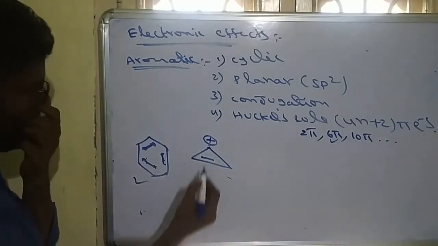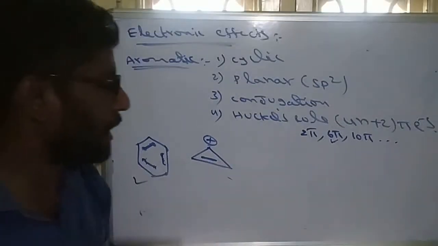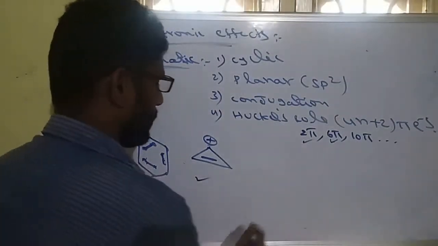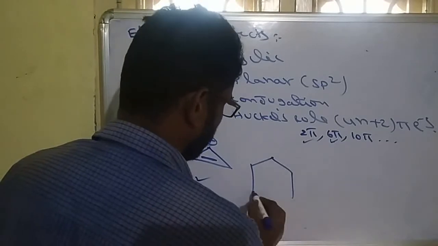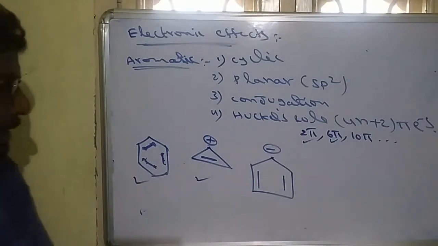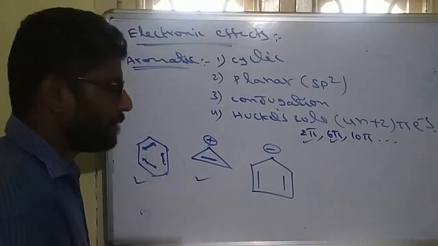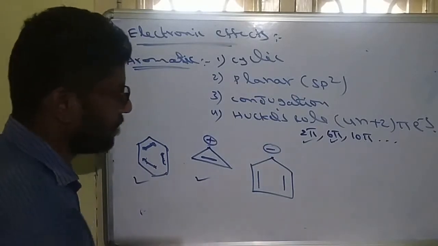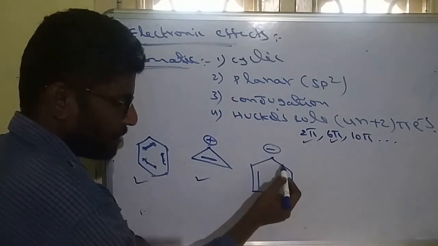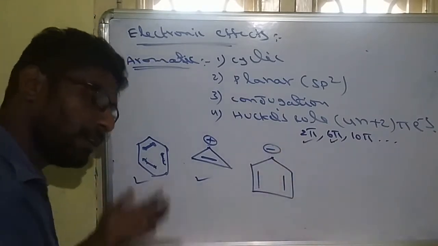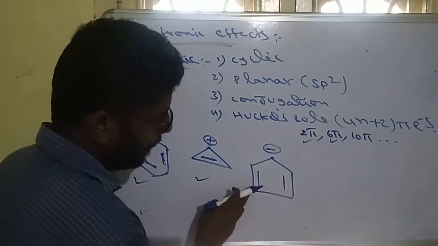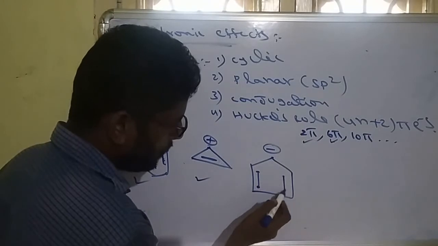So this will exhibit conjugation. Finally, Huckel rule. It has only one pi bond. One bond means 2 electrons. So 2 electrons satisfy the Huckel rule. So this is also aromatic in nature. Like that, see this molecule, the cyclopentadienyl anion. Now in this molecule, cyclic is definitely there. Planar double bonds are there. Conjugation: pi bond, single bond, pi bond, single bond, charge, single bond, pi bond. So all are in conjugation, alternate pi bonds and charge. Huckel rule: there are only 2 pi bonds, 1, 2, 3, 4 electrons.